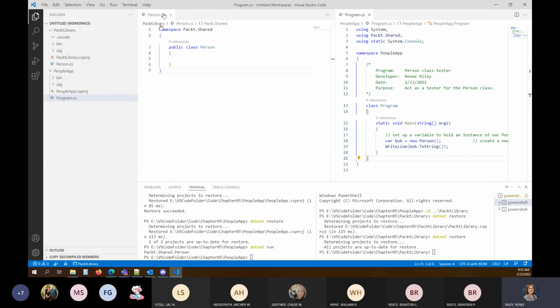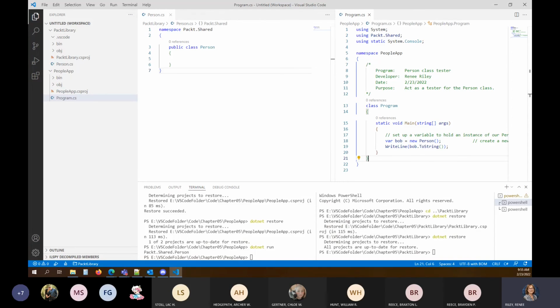Do you see how I just dragged that tab over to where it did a side-by-side display? So now I can see my person.cs and my program.cs together. You can also use the split editor right button or press Control backslash, it looks like, to see the two files side by side vertically.